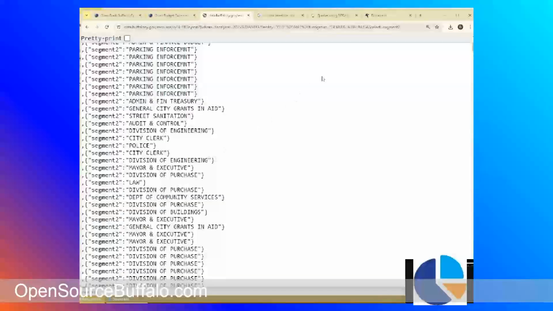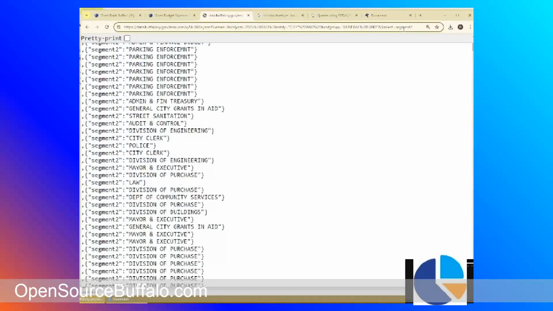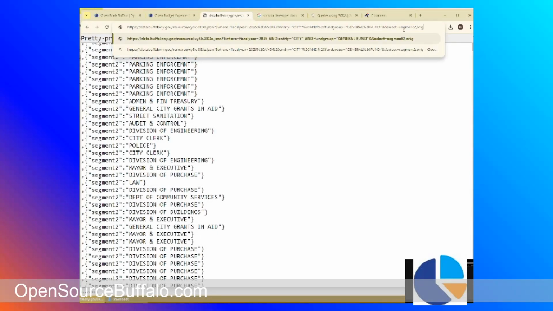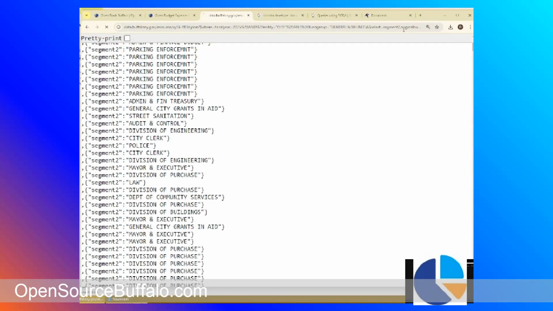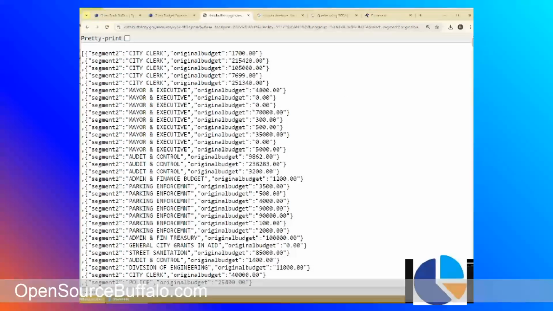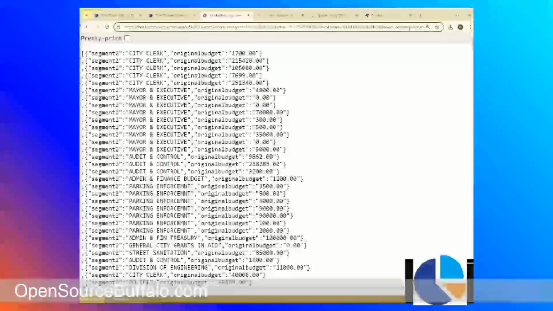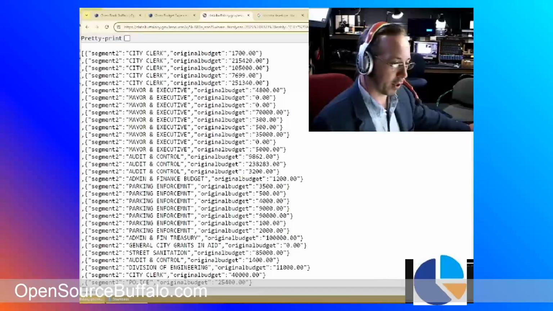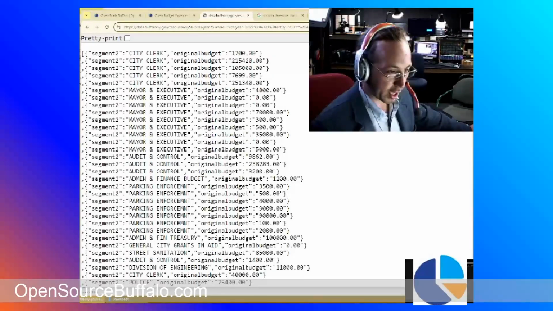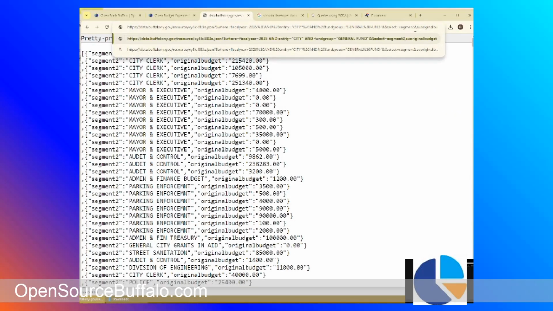I mean, if you just did segment 2 and original budget, that would return individual values for these lines, but we're trying to summarize this information. So what you need to do, if you wanted to use the sum, is use a group function. So let's type in sum of the original budget,